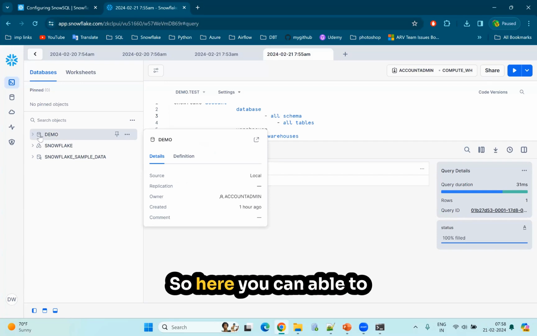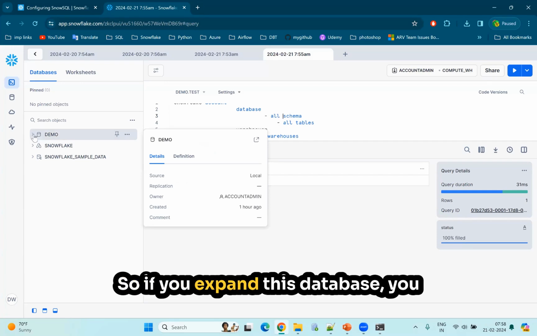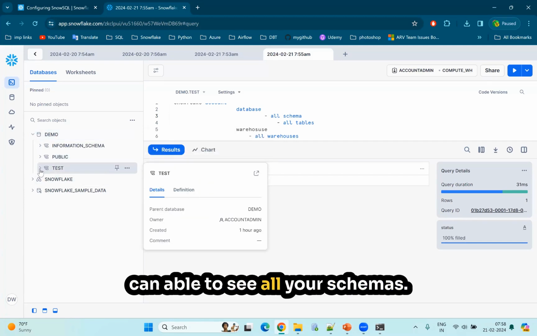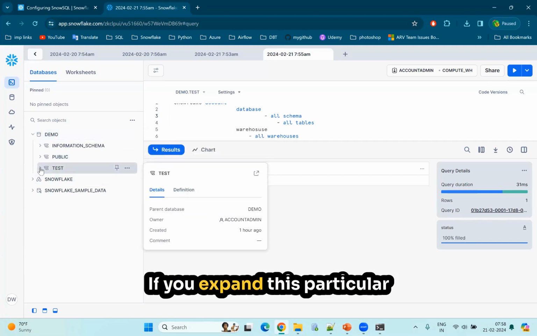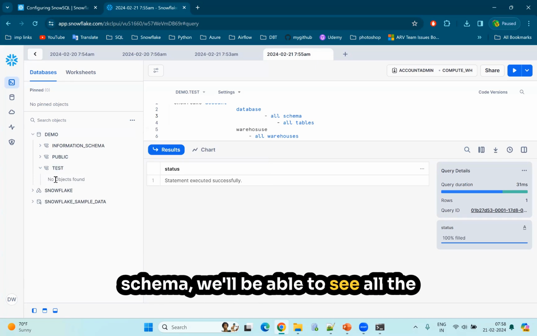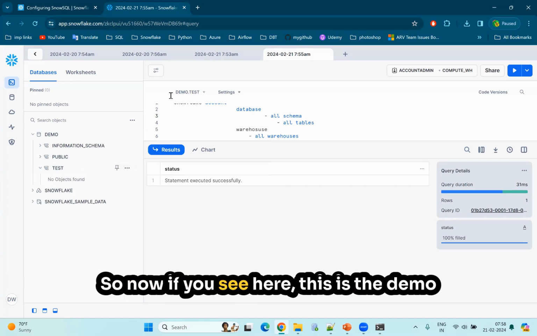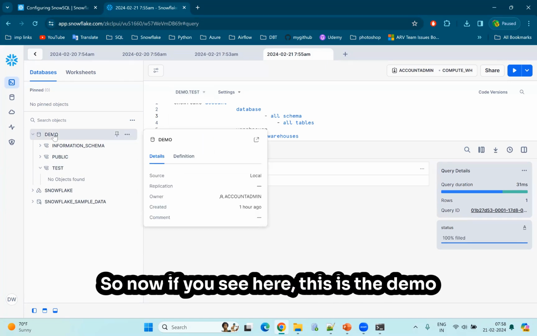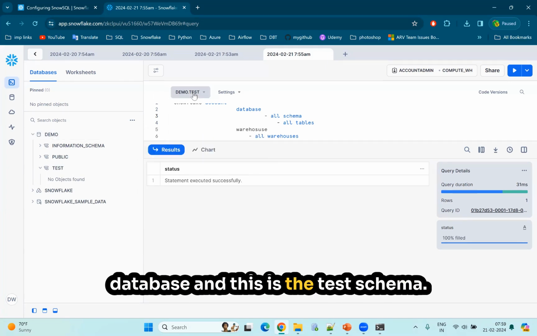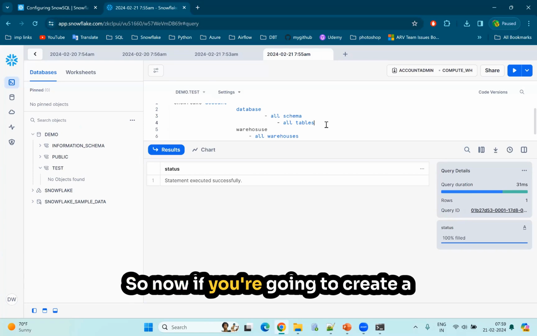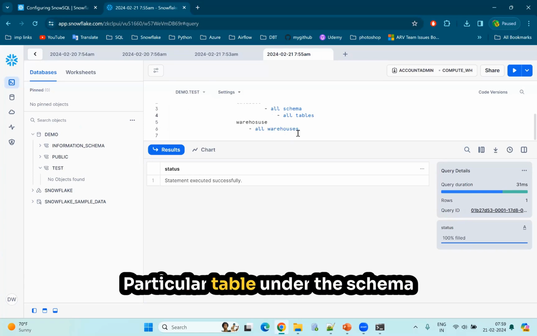Okay. So here you can see the database icon, right? If you expand this database, you can see all your schemas. If you expand this particular schema, you will be able to see all the tables, whatever you have created. So now if you see here, this is the demo database and this is the test schema. So now if you are going to create a particular table under the schema,